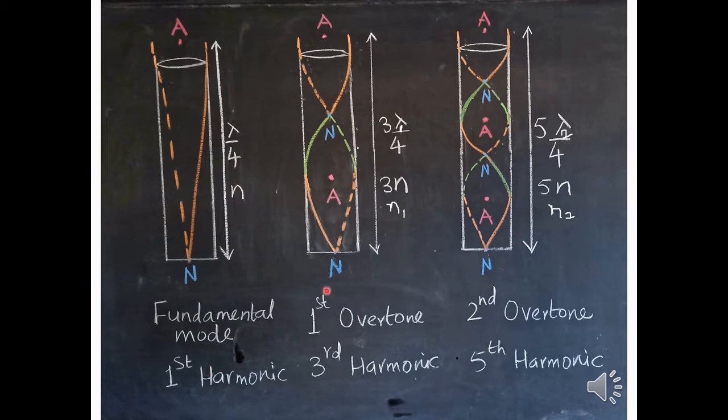Now in the next mode of vibration, the same length of the air column is made to vibrate so as to produce one complete loop and one half loop. Or we can say that here we have three half loops. This is 1, this is 2 and this is 3. So N1 is the frequency and lambda 1 is the wavelength in this case. So N1 will be 3 times the fundamental frequency, as here we have 3 half loops. Now the distance between this node and adjacent antinode is lambda 1 by 4 and here we have 3 half loops. So the length of the air column will be 3 times lambda 1 by 4. Here N1 is the first overtone or third harmonic.